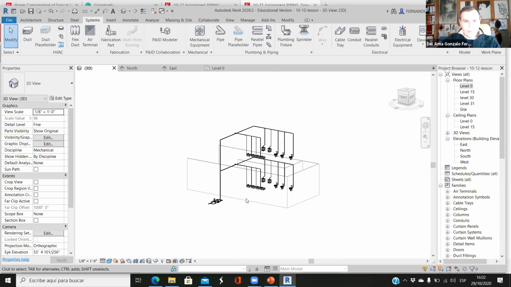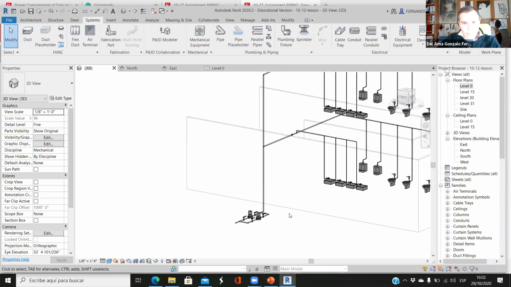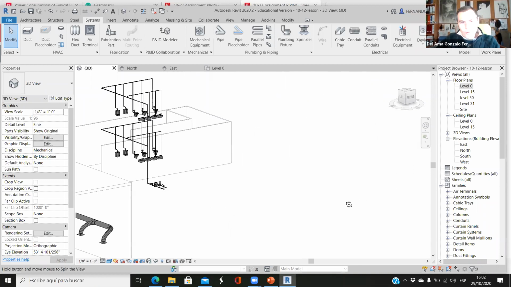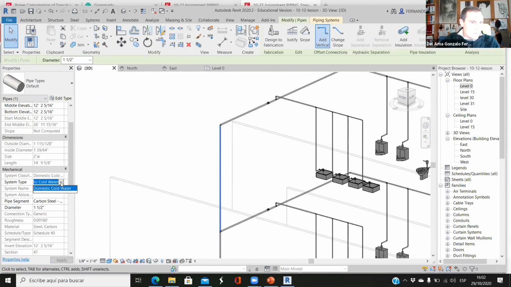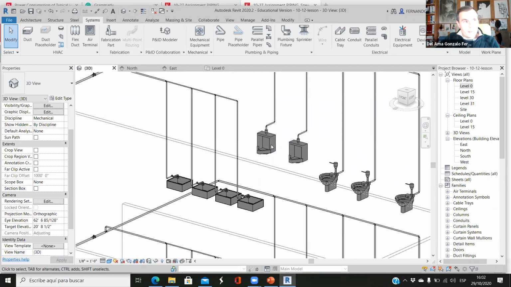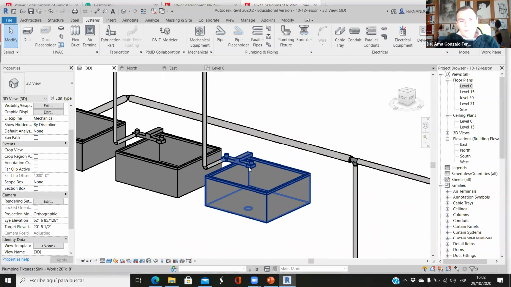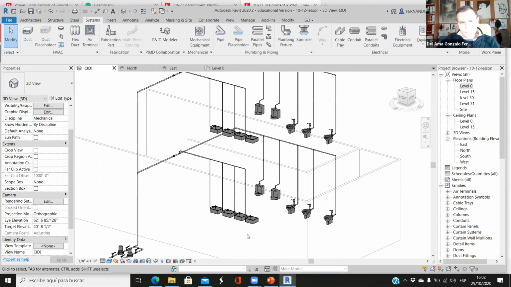I'm not happy yet. I think we can make it even better, because we are done with the cold water supply, and if you click here, this is the domestic cold water, okay, but we haven't done anything with the hot water. Where do we have hot water here? Do we have hot water in the urinals? I don't think so. Do we have hot water in the toilets? We don't have hot water here, but we do have hot water with the sink. Okay, probably I should have done it before